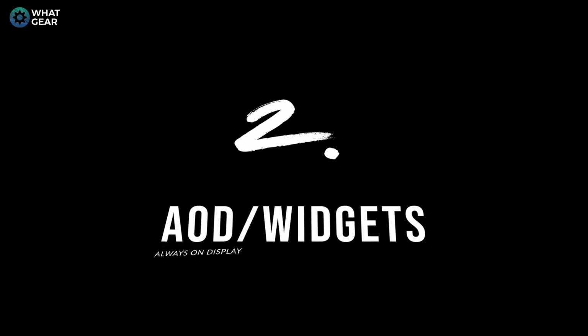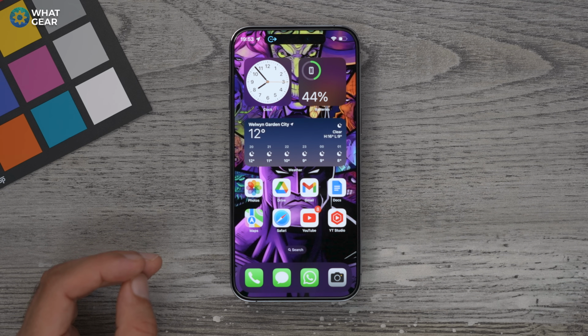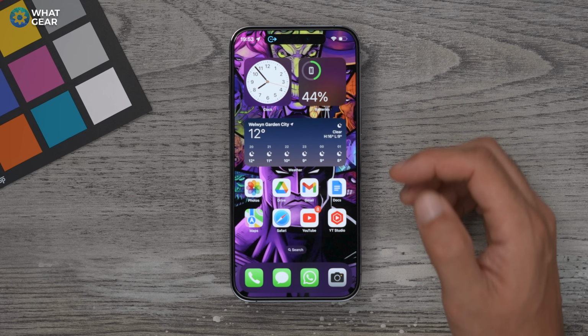Okay, tip number 2. This is another brand new feature on iOS 16 devices, not just the iPhone 14. Any device that has iOS 16 will be able to do this. And it's something you should definitely do on day 1. That's why it's tip number 2. So go to settings,